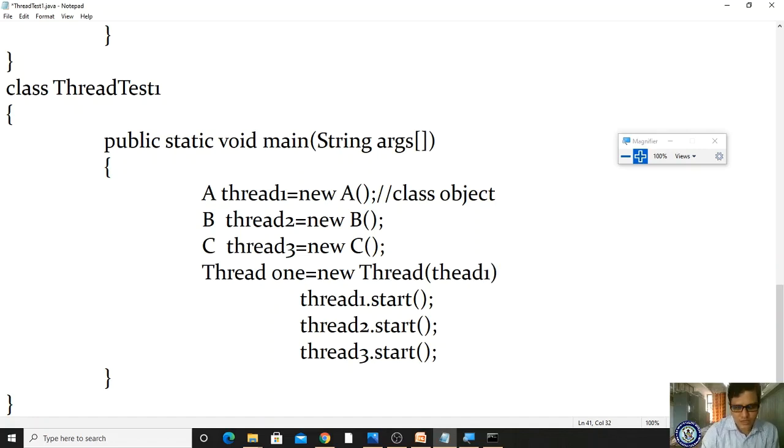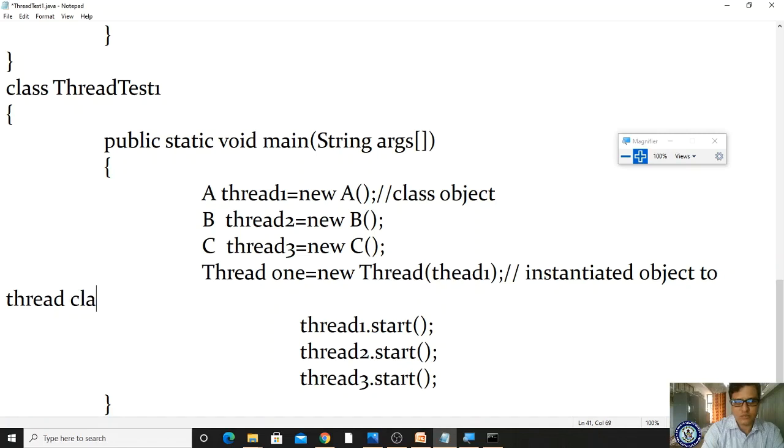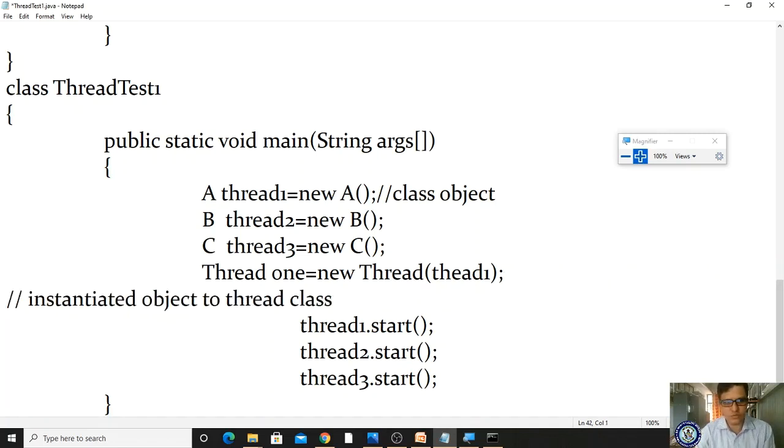Then what I did here, I passed, meaning I instantiated the thread object to the Thread class. So this is the instantiation of the object to the Thread class.